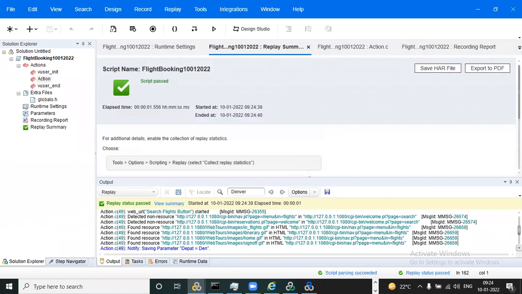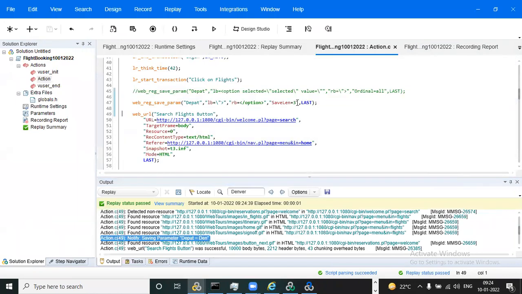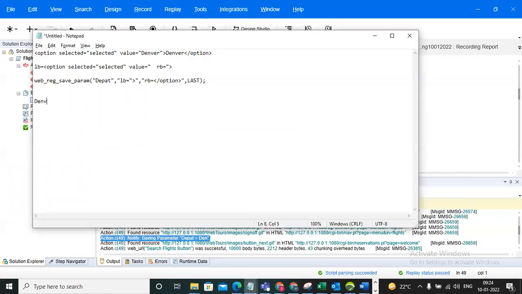See, everyone observe, it came, right? So like this, we need to go for save length. If you want to capture 4 characters, you can give 4. That is fine. But Denver is there. I don't need these 3 characters, Den, but I want only VER.